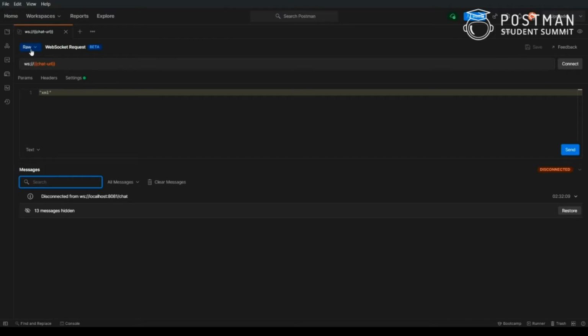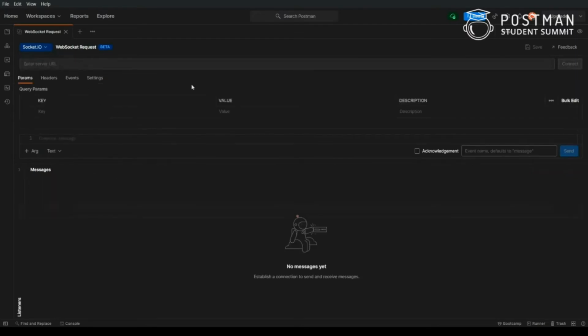But there is a lot of development happening in the raw WebSocket itself. The chat testing was for the raw WebSocket connection. Now to switch to the Socket.io connection, you can click on raw and switch to Socket.io. As you can see, the interface changes a bit, and there are some additional features here.